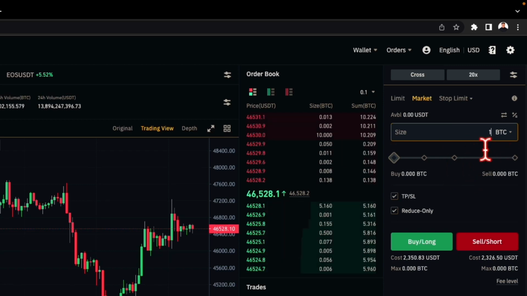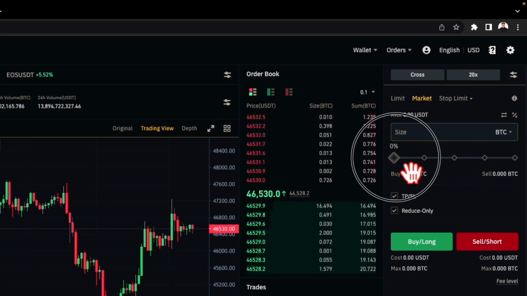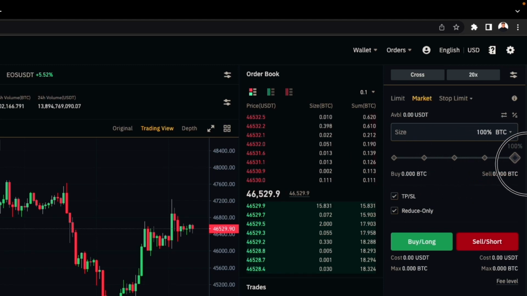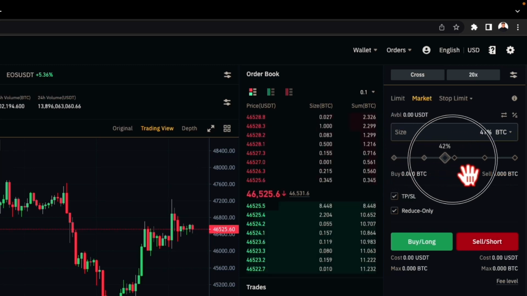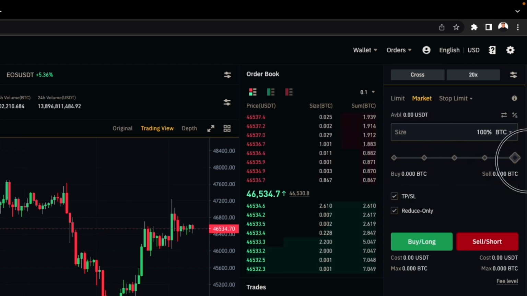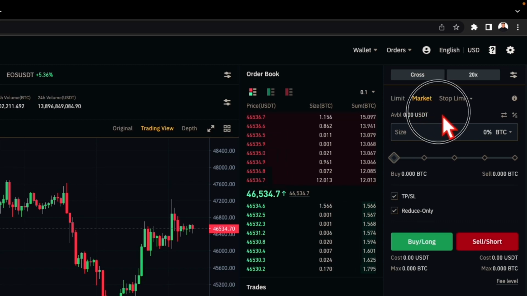If you don't want to click the size that you want, you can just go with this slider here to pick how much Bitcoin you want to buy. So it's not only Bitcoin. If it's USDT that you have, you can click on USDT here. I click on buy 1 Bitcoin. I can click on buy 100 Bitcoin, for example. Here, I can use to control the amount that I want to buy. If I'm buying 100% of it, you click here. If it's less, I drop it down to the amount that I'm buying. So this shows me that the available money I have on my USDT is $0.